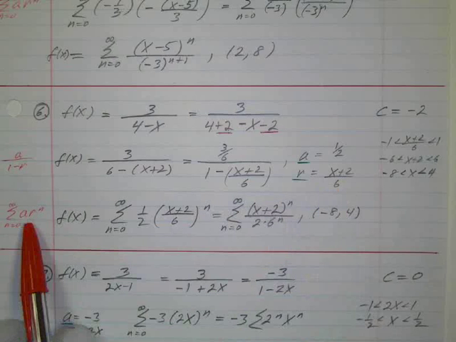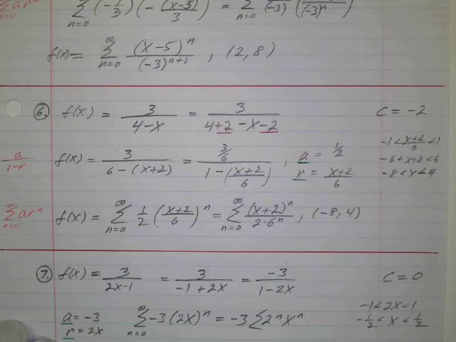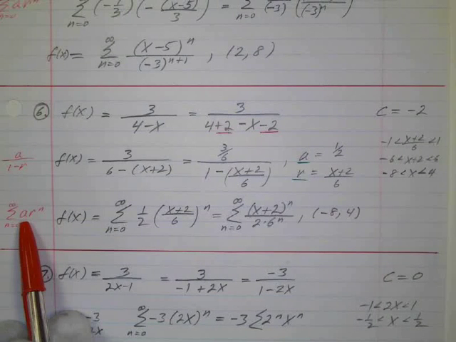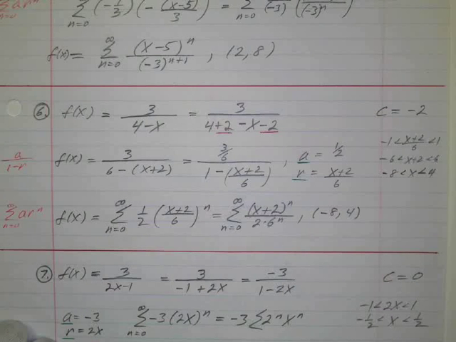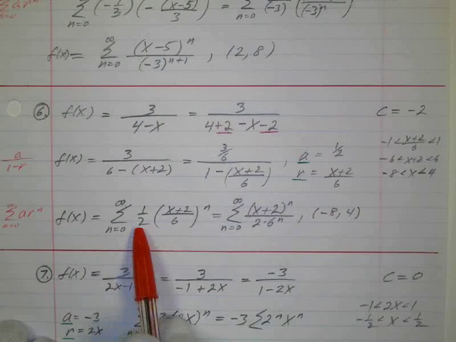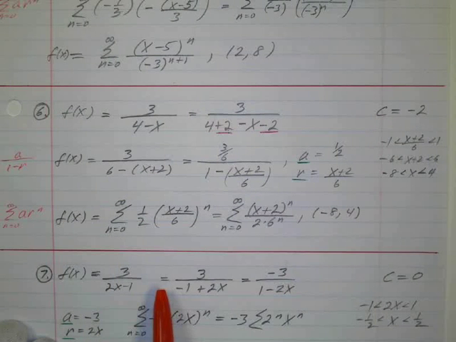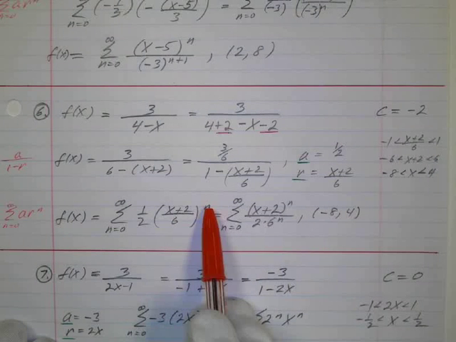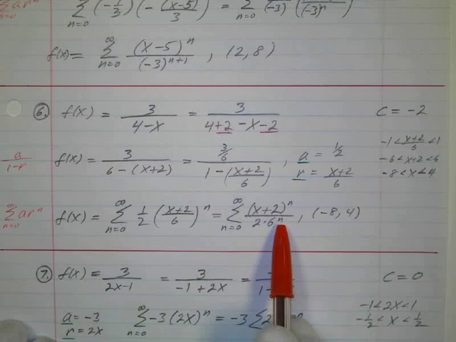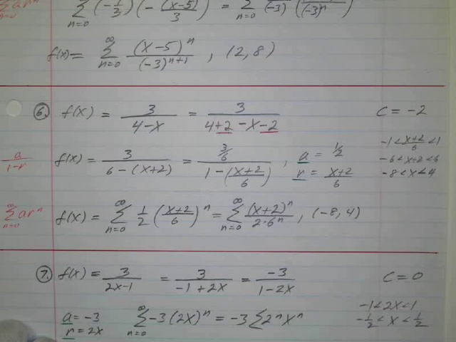Now I can write this in this form. It's a summation form. If we added it out, term by term, this is what we would have for our power series. So this is going to be my a, which is 1/2, and this is my r to the n. And then we can raise both to the n power. We can raise the top to the n and the bottom to the n, 6 to the n, and just multiply by the 2, and that's a nice form. So there's number 6,